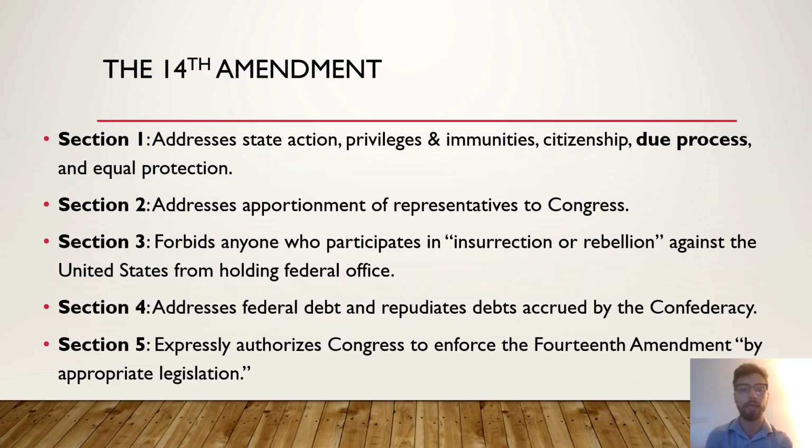But when the right to vote at any election for the choice of electors for President and Vice President of the United States, representatives in Congress, the executive and judicial offices of a state, or the members of the legislature thereof, is denied to any of the male inhabitants of such state being 21 years of age and a citizen of the United States, or in any way abridged except for participation in rebellion or other crimes, the basis of representation therein shall be reduced in the proportion which the number of such male citizens shall bear to the whole number of male citizens 21 years of age in such state, determining that the apportionment of a state will be determined based on the number of all